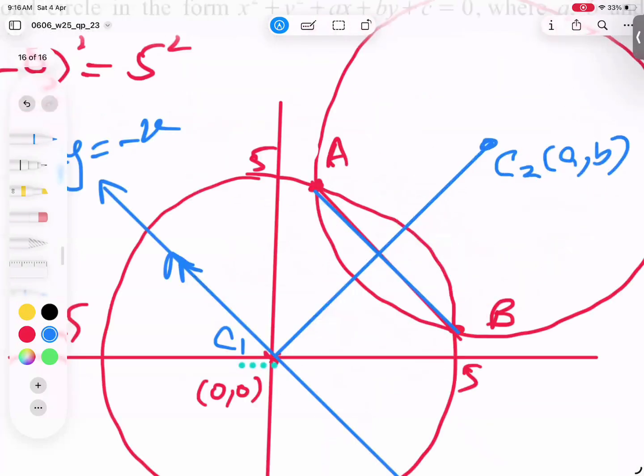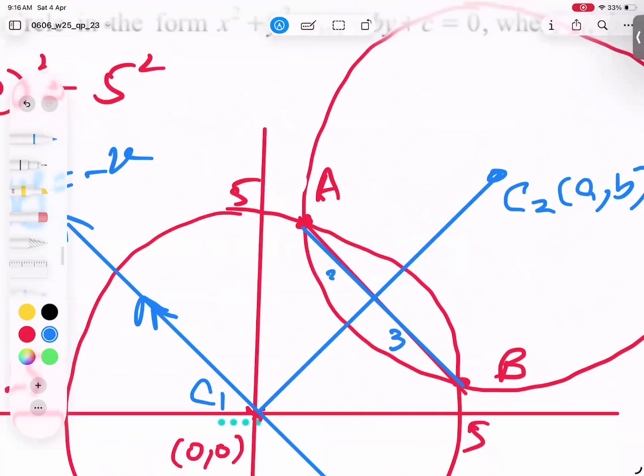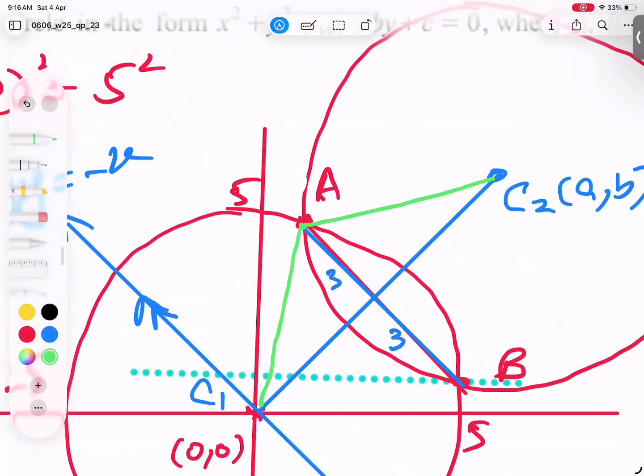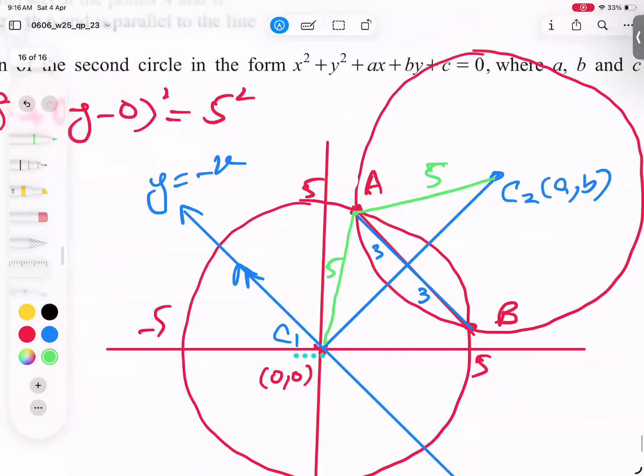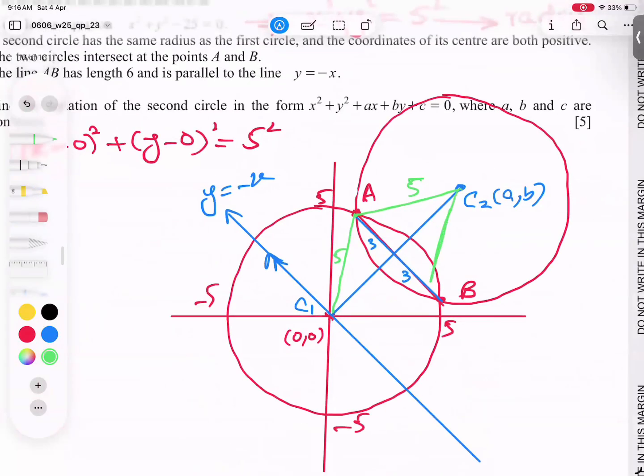Like in zoom for you, this gap is 3 and this gap is 3. Now if I join one green line from here till here and a green line from here till here, there's a 5. How come 5 and there's also 5? The reason is very clear, because there's a radius of 5, 5, 5, 5, 5, 5. So now I can focus on this